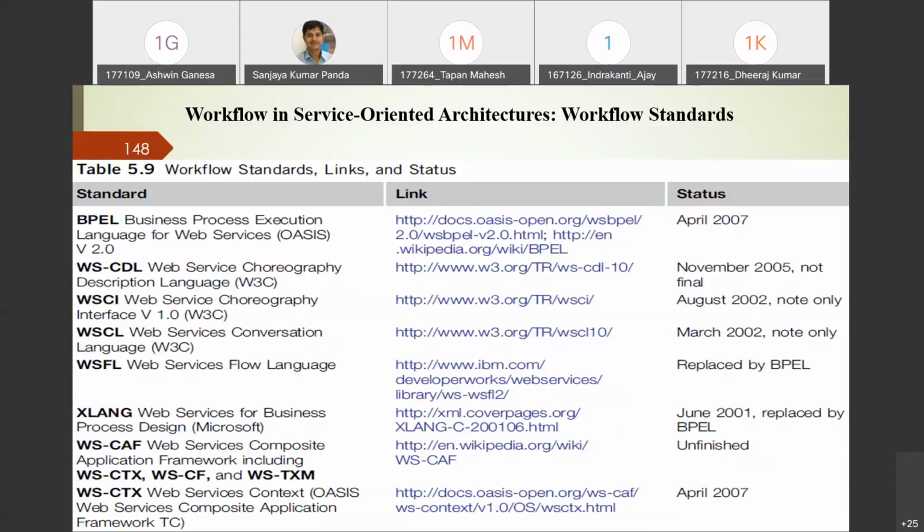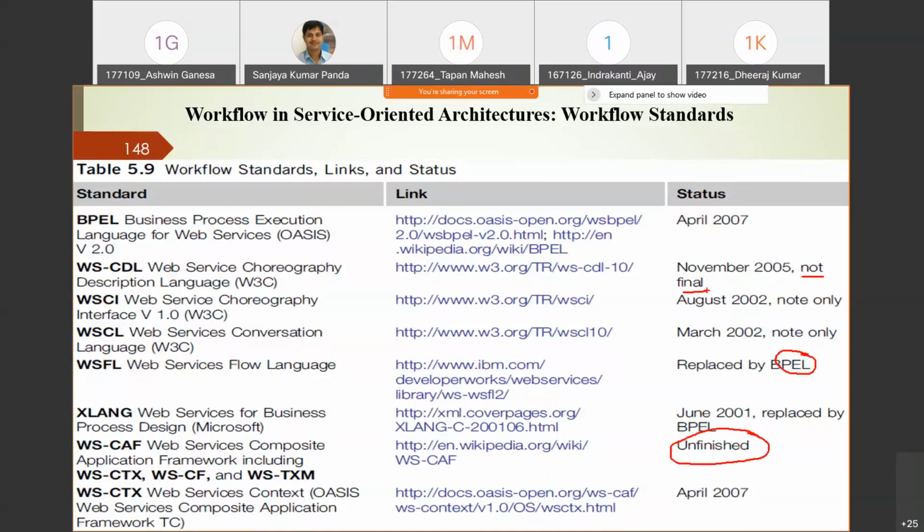Like WSCAF, its status is written as unfinished. Some standards like WSFL, that is Web Service Flow Language, are replaced by Business Process Execution Language. Another language, WSCDL, started in November 2005 but is not in the final stage.